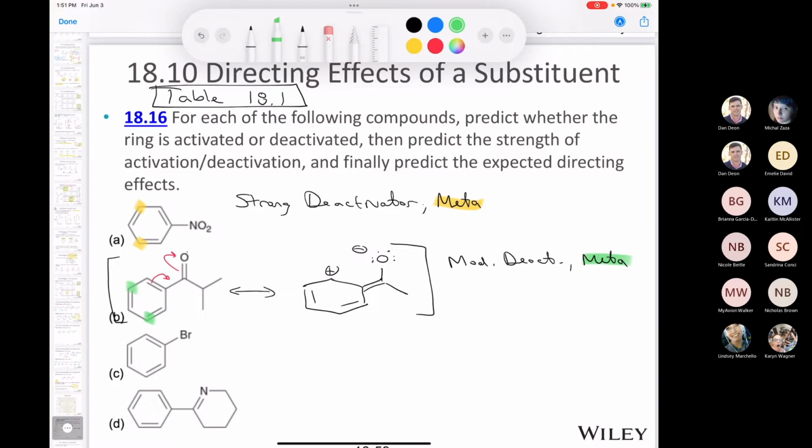The next one, we got a bromine on there. I won't ask everybody about this one. The bromine, the halogens, we said it was a weak deactivator. Weak deactivator due to induction. It's not asking for that, but let's just pencil it in. But it is an